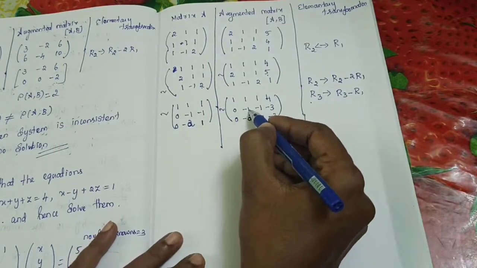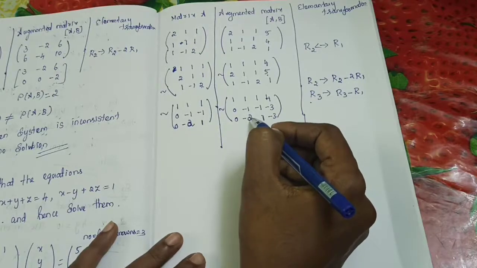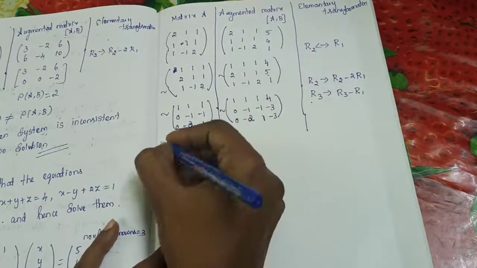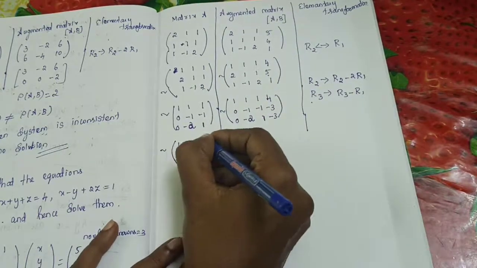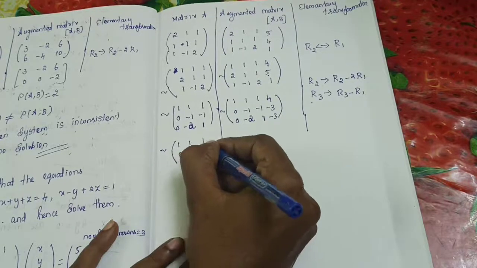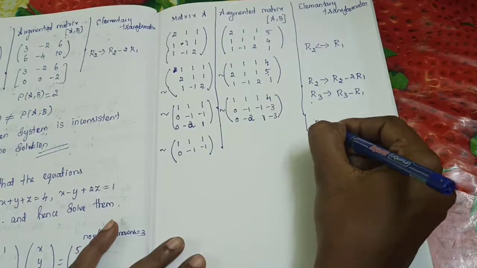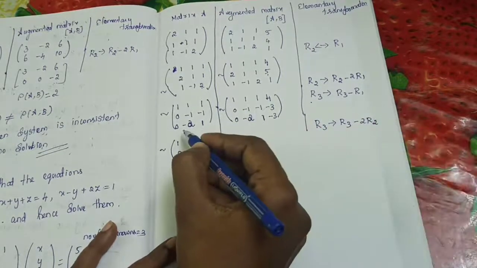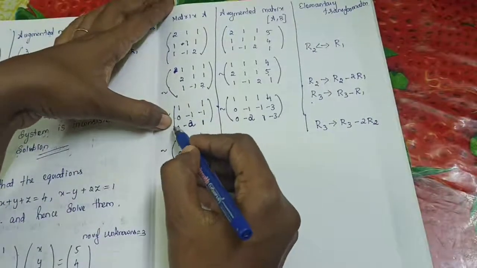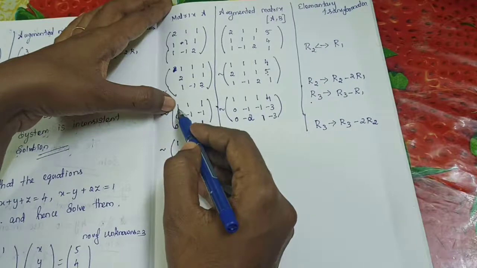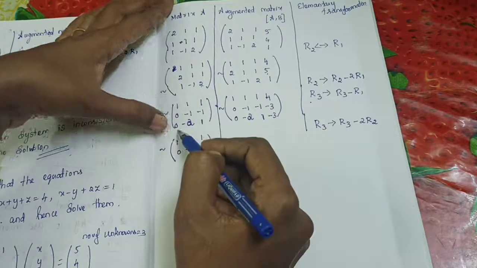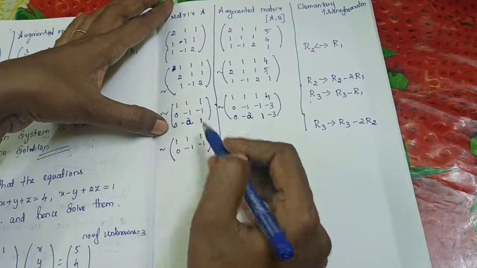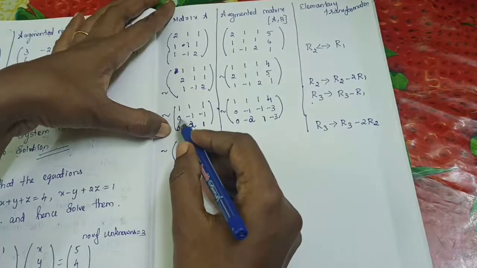Then next I said, you need to see the next non-zero. Below it must be 0. It is not a 2 by 2 matrix. Is it right? So next 1, 1, 1, 0, minus 1, minus 1. So R3 alone you are going to change. I am going to change R3 as R3 minus 2 into R2. Correctly you need to check. We can't adjust with R1, because if you subtract with R1, again you will get a number here. So whatever adjustments you make to bring this matrix to echelon form, you need to do with this alone.